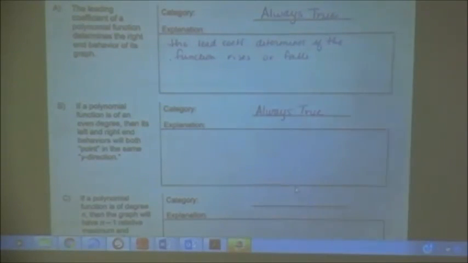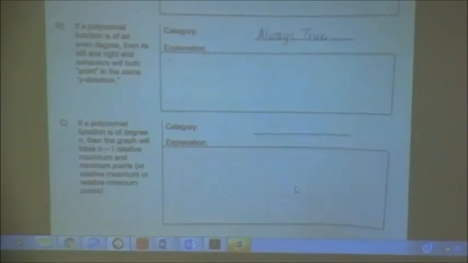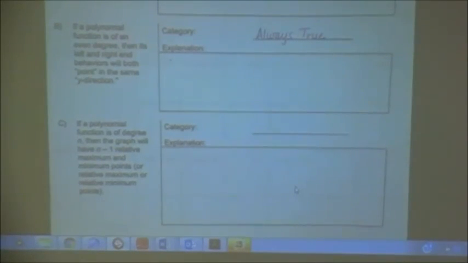I don't think I need to explain that. If a polynomial function is of a degree n, that means any degree, then the graph will have n minus 1 relative maximums or minimums, or